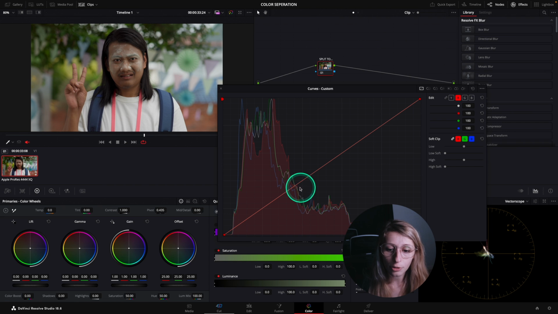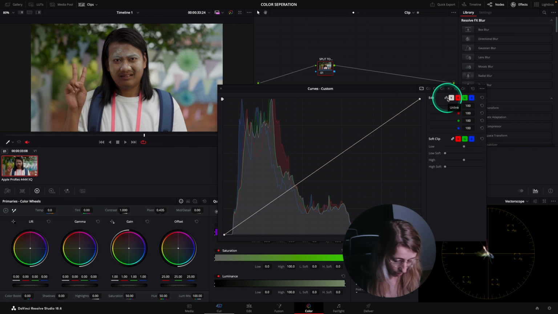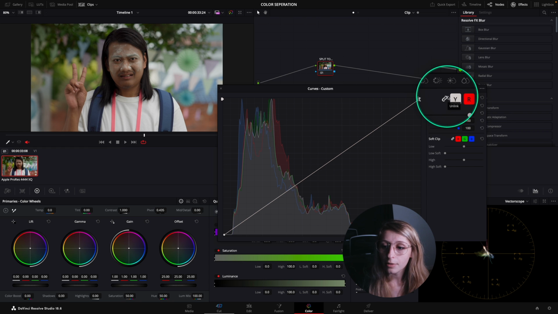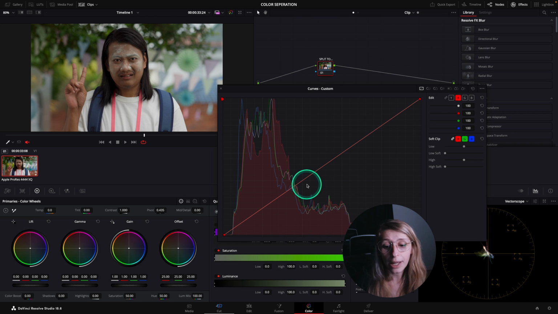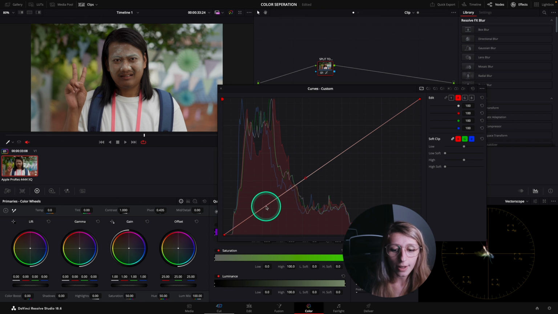You're going to create a point. So first, sorry, you need to unlink your YRGB. So you unlink this, and you click on the red, and you create a point on your linear curve. And we're going to start to create this point as an anchor, and create another point to